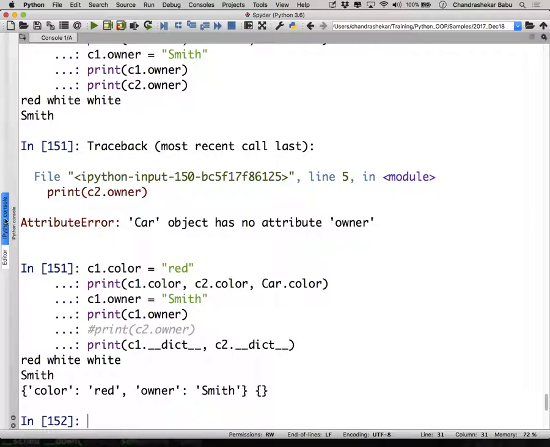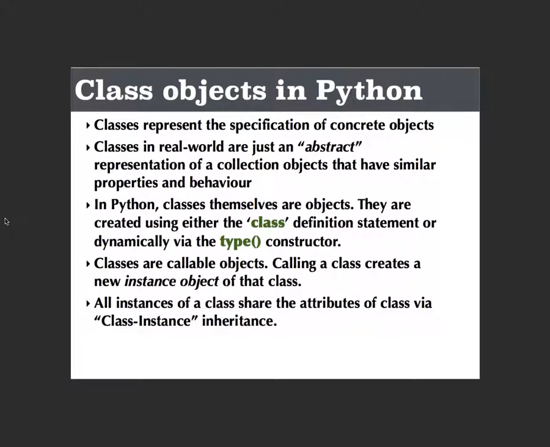C2's attribute dictionary is empty. When we say object dot attribute is equal to value, you always add an element in the attribute dictionary. So when you say object dot attribute, you first resolve in this dictionary. If it's not there, you look up its class and superclass dictionaries. So we can see how instances can override class attributes.